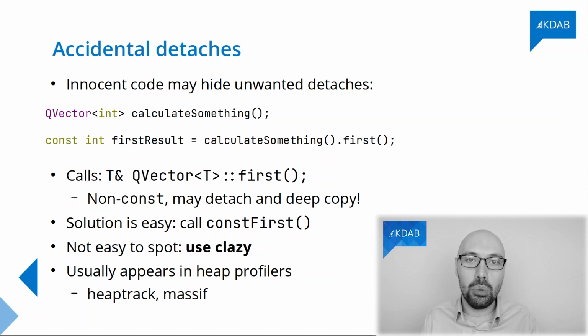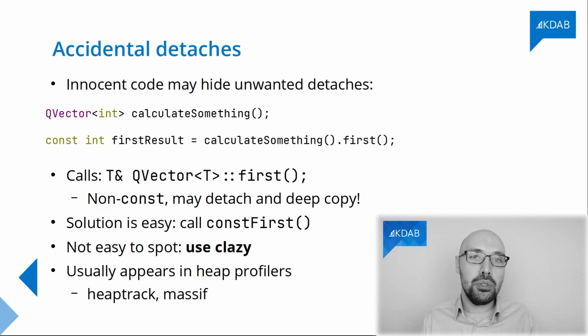You want a little tool to tell you, hey, watch out what you're doing here because this sounds suspicious. Luckily for you, such a tool exists. The name of the tool is Clazy. It's a tool that an awesome colleague of mine at KDAB started developing a few years back. It's a simple Clang plugin, something that plugs into a compiler frontend. This tool is able to parse your source code as if it was seen by a compiler, and it will detect a number of Qt specific issues.